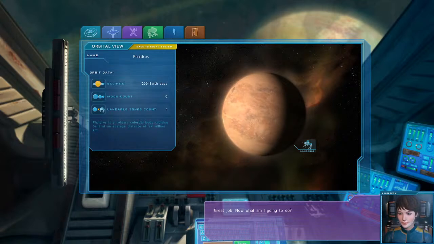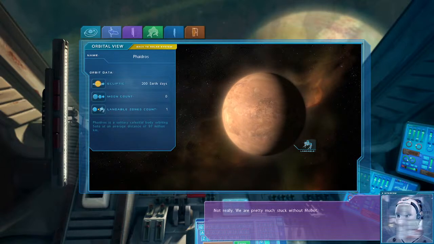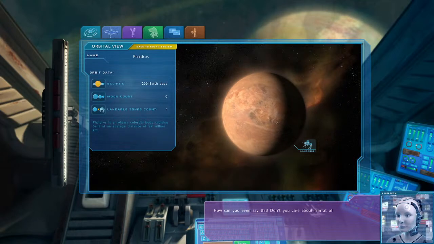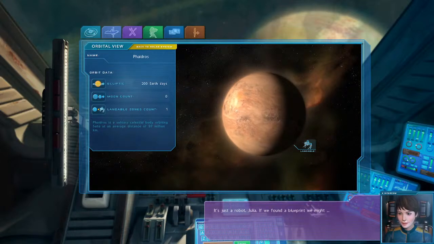Now what am I going to do? Do we have some sort of backup plan? Not really. We're pretty much stuck without Mobot. And I suppose we don't have any spare Mobots lying around, right? How can you even say this? Don't you care about him at all? It's just a robot, Julia. If we found a blueprint, we might...